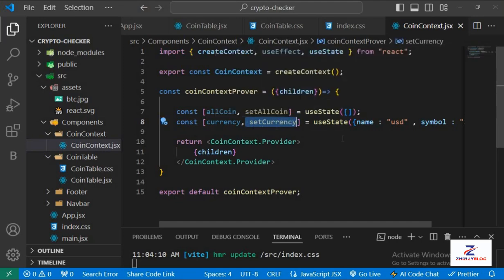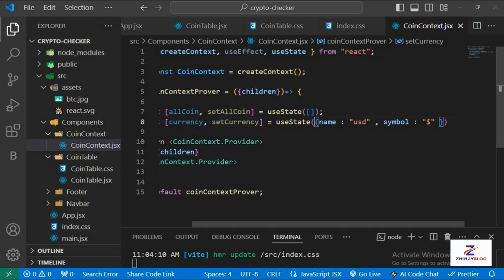And then I passed an argument as an initial value of the state, which is going to be an object with two properties here. So with two properties, name, which is going to be in US dollars, and the symbol, which is in form of dollars. Okay, so the next thing we need to do now, let me add a semicolon, is to work on